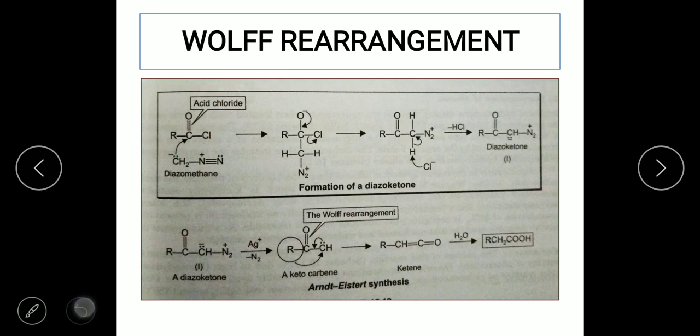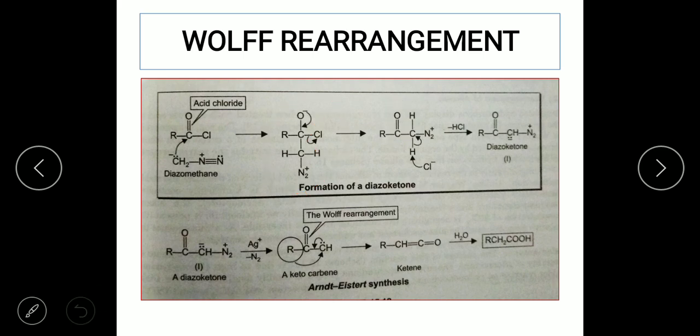So once it attacks the carbonyl carbon, there is going to be a shift of the electrons between the carbon and the oxygen towards the oxygen to give an anion. An oxide anion is formed. Now the intermediate has a bond between the two carbon atoms and the oxygen having a negative charge. Now the next step would be the release of the halide ion. So the negative charge on oxygen comes back to form a carbonyl group, and then there is the departure of the chloride. Okay, so this is the second step.